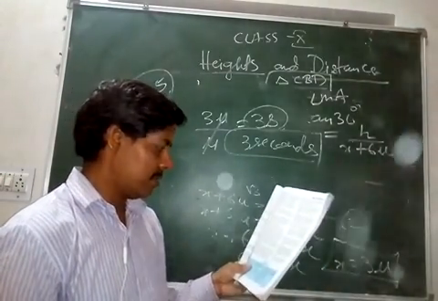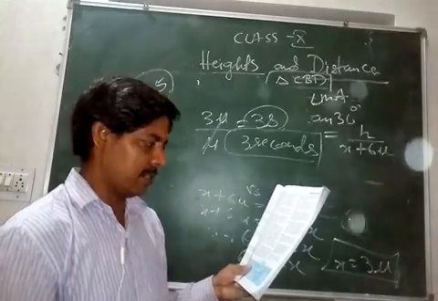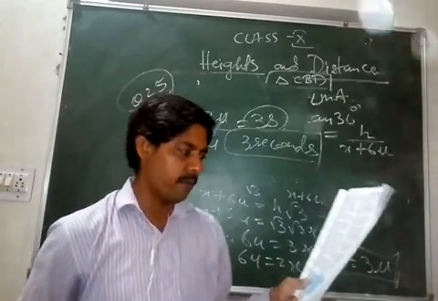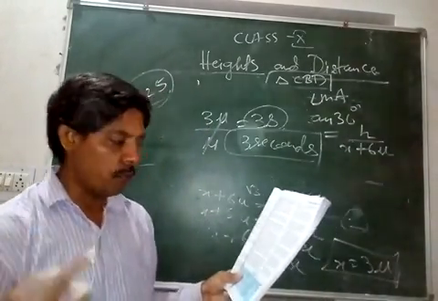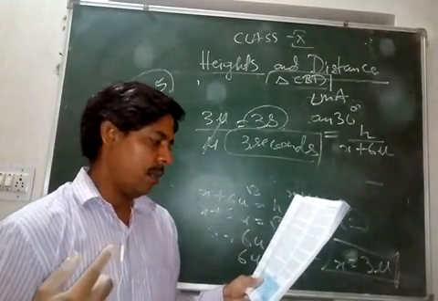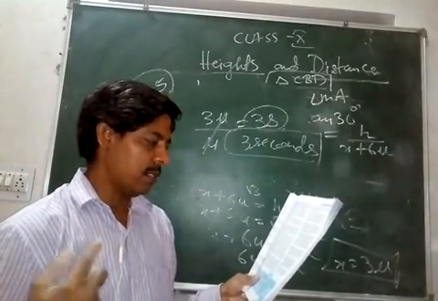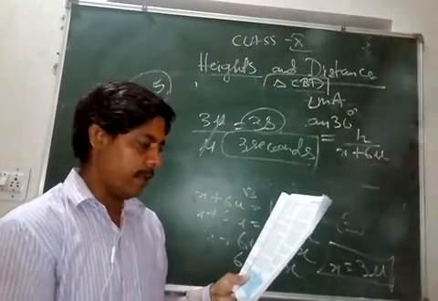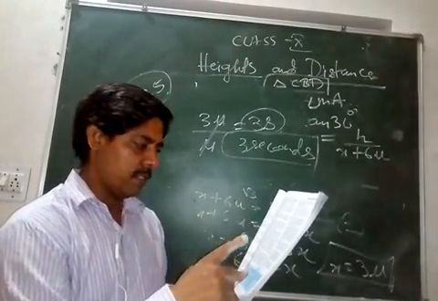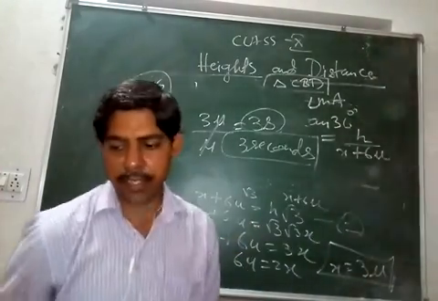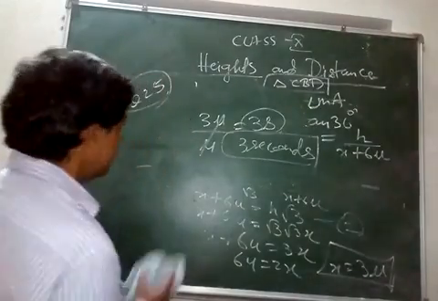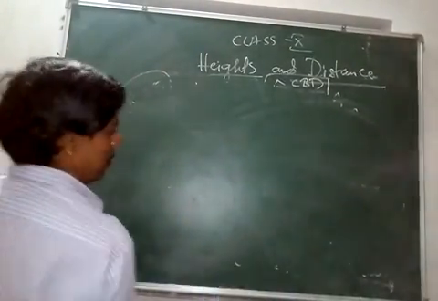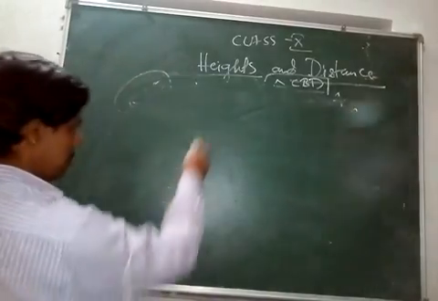And then you have another question, number 26. It is just like that. The angle of elevation of the top of a tower from 2 points at a distance of 4 meters and 9 meters from the base of the tower in the same straight line are complementary. The angles are complementary from two different points. Prove that the height of the tower is 6 meters. So what is the question now? Suppose we have a tower here. Okay, this is the tower.